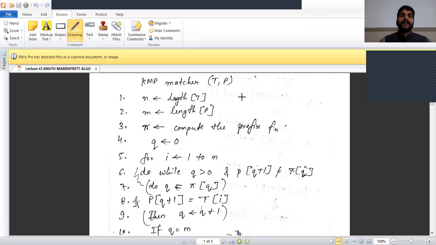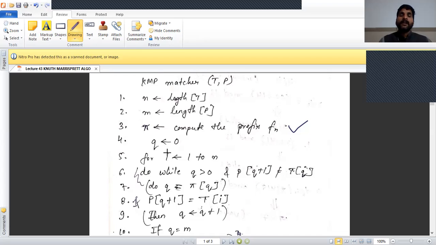First we calculate the length of the text and store it in n. Second, we calculate the length of the pattern and store it in m. Next we compute pi, which means computing the prefix function. The prefix function pseudocode is given in the next step.